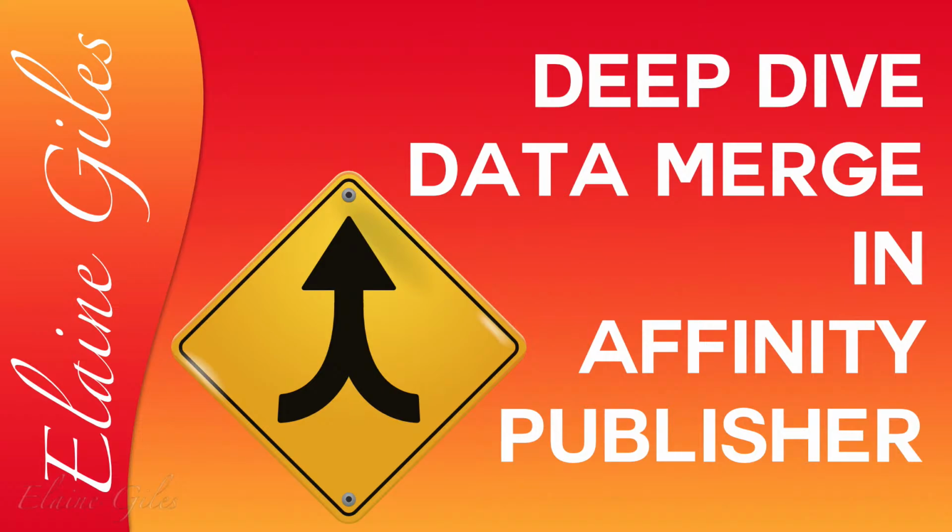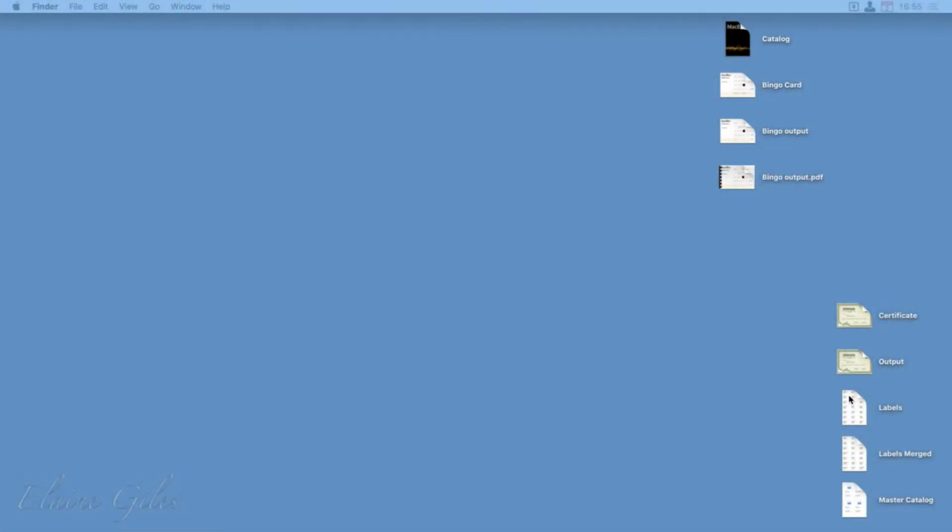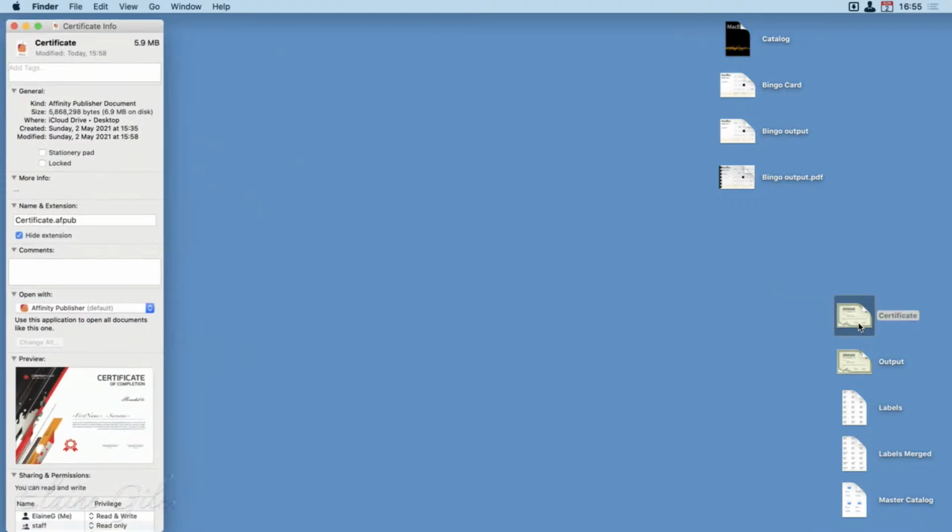Right, the output file is there on the desktop. Oh gosh, I've got such a mess here now. Right, let's get my desktop shared. There we go. The original certificate file is 7 meg, and the output file